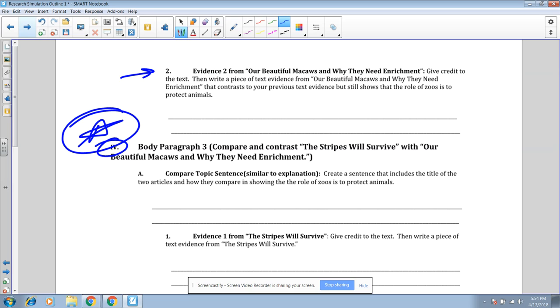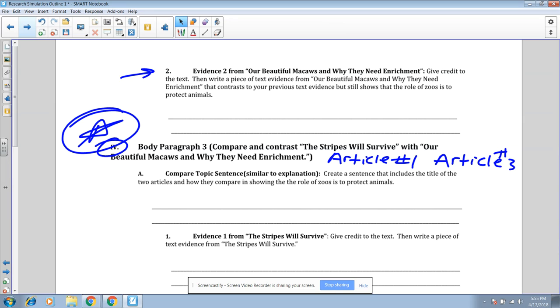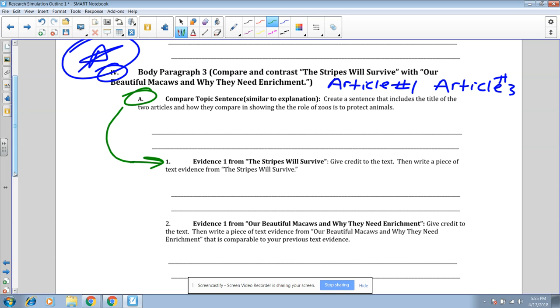Okay, so when we look at this, notice how we're comparing Article 1 to Article 3. And the reason we're doing this is because our question's asking us to compare and contrast all articles, and we need to make sure that we get all articles. So we're comparing Stripes Will Survive with Our Beautiful Macaws, and we're going through the same format. You're looking for one way that these two articles are similar in proving that zoos protect animals. And once you figure out that way that they're similar, you're going to find a piece of text evidence to prove that from the first article, and then you're going to go to the third article and find a piece of text evidence that proves how you think they're similar. And then after that,